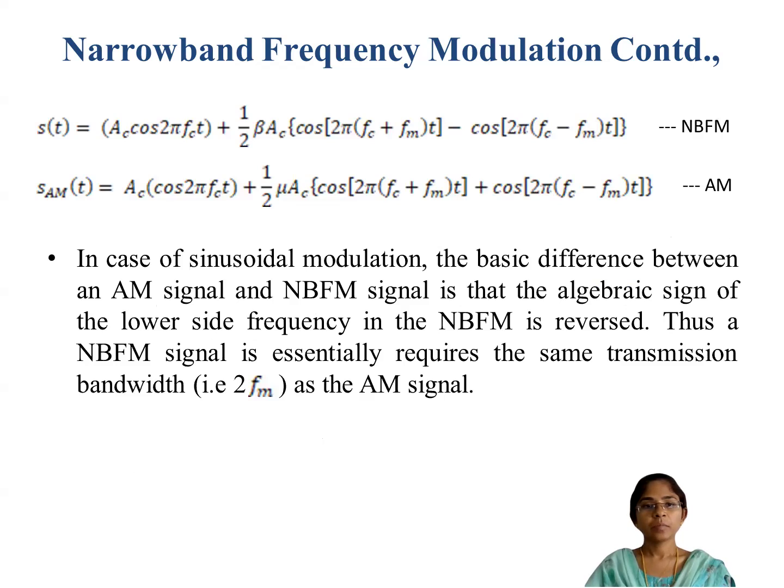See, this is the time domain representation of narrowband FM, the first one. And the second one is the time domain representation of AM. So when you look here, all the components are the same. The first one is carrier, the second one is upper sideband, and the third one is lower sideband. Except for the sign of the lower sideband, narrowband FM is similar to AM. So the bandwidth of narrowband FM can be written as 2 fm, which is twice the highest frequency of the